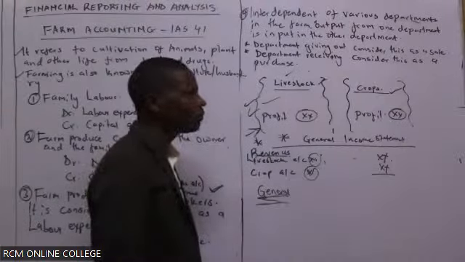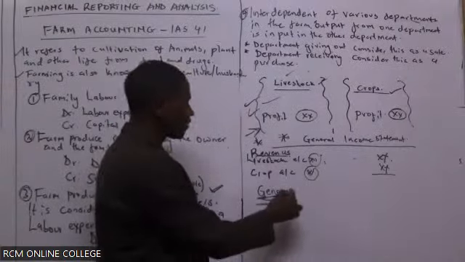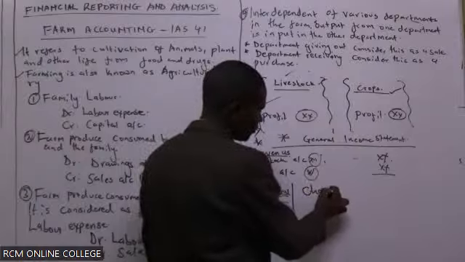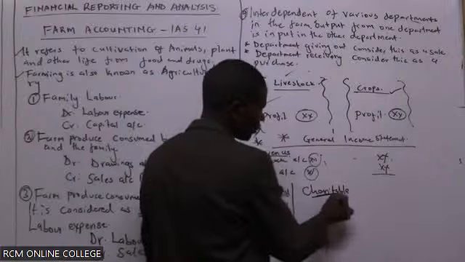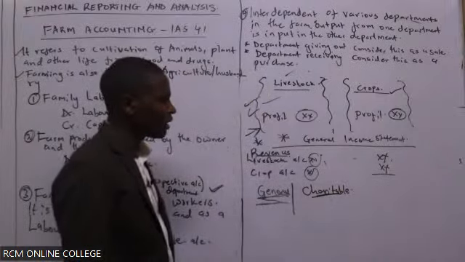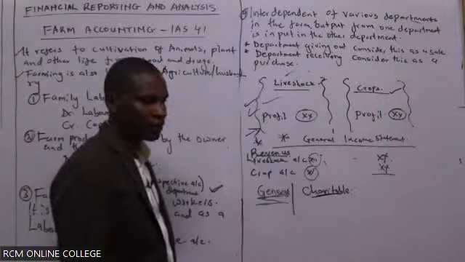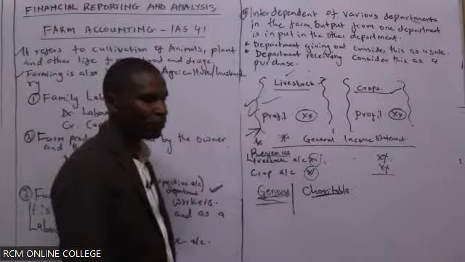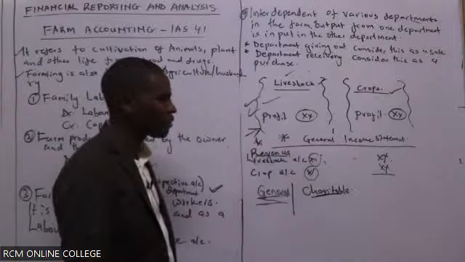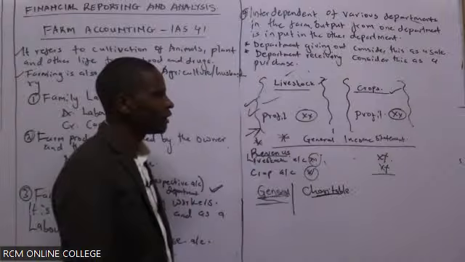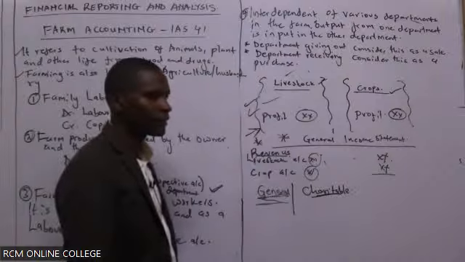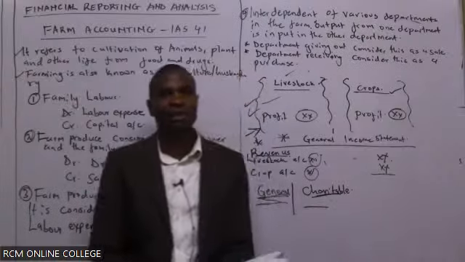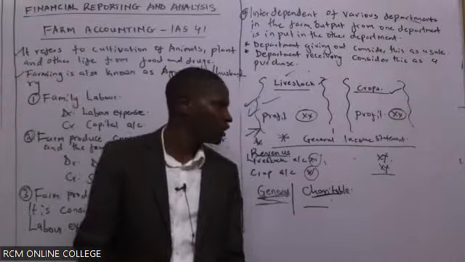I pose another question to you. What if the farmer gives to a charitable society, or takes a bag of 90 kg of maize and takes it to charitable places? How will we treat that? Or he takes 10 liters of milk and takes it away, that is drawing. Or he takes milk and takes it to a relative. Things like those are what you will encounter.